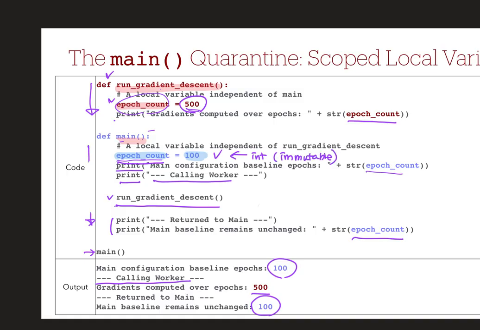Okay? So that epoch count variable was created in two different functions, and that variable is integer type, which is one of the immutable type variables. For that variable, I assign different values, and as I said, they are totally unrelated. So when you consider 100 in one function and then 500 in another function,